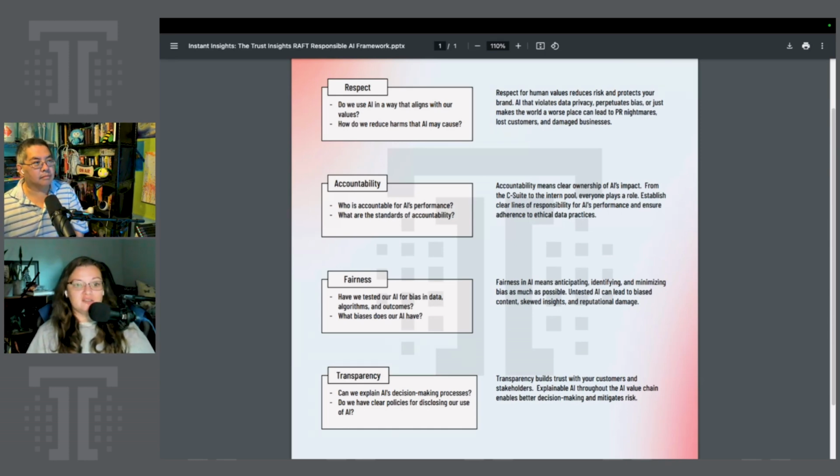If I just started tomorrow and I logged into the system, would I immediately have access to that piece? So it sounds like a lot, and it is. And it's why people skip over data governance, because it is a lot. But to do it well and to do it responsibly means you're going to take the time to outline all of those pieces. I mean, I know that when we first started the company, Chris,